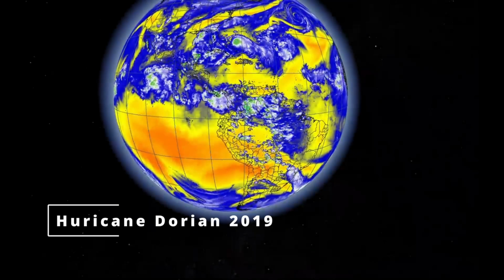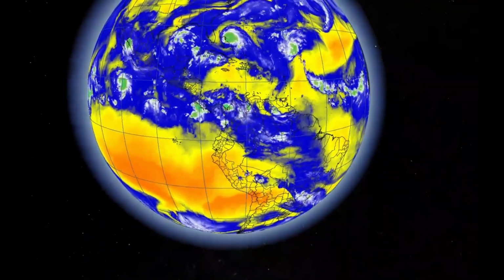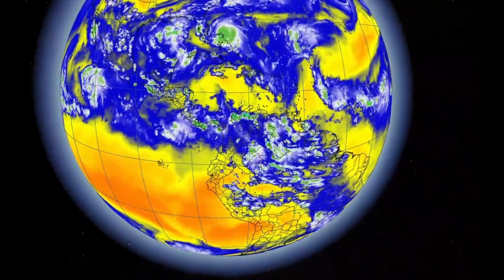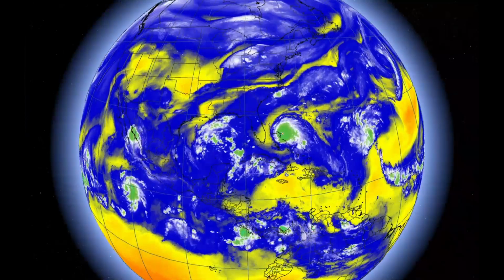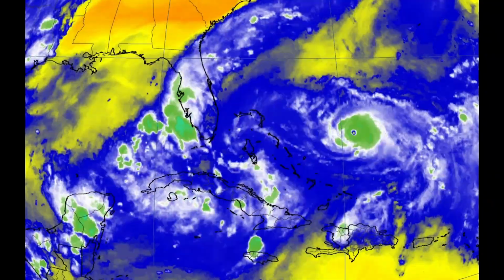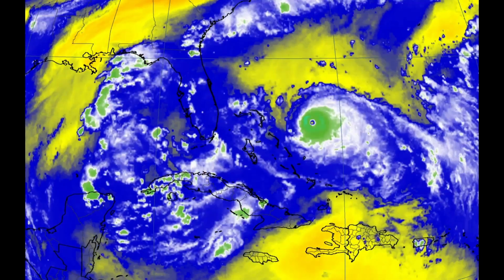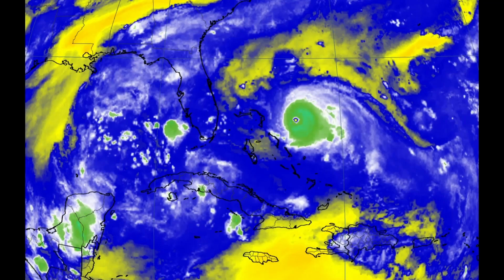In late August, early September of 2019, Hurricane Dorian tracked westward across the northern Atlantic Ocean and then northward along the east coast of the United States. On September 1st, Dorian became a Category 5 hurricane with sustained winds up to 185 miles per hour. A loop of imagery from NOAA's GOES-16 satellite shows where the tropical cyclone can be identified by its buzzsaw-like shape